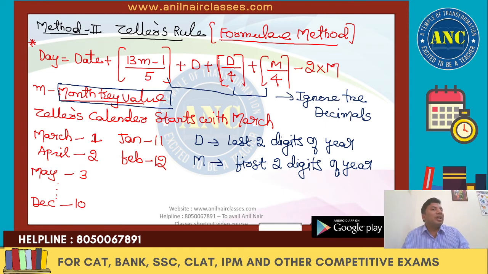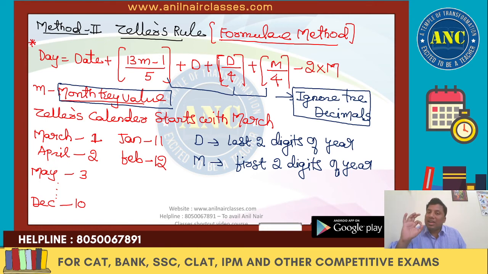Even if you get 10.99, just remove everything after the dot. Even if you get 5.01111, after the dot, ignore anything. Ignore the decimals. This is nothing but a greatest integer function from a mathematical point of view. Listen carefully. Another 3 examples I will solve, which will give a very clear understanding of how to use a